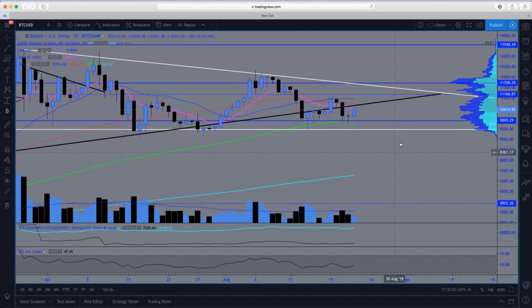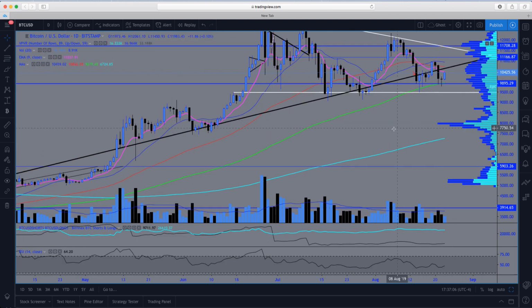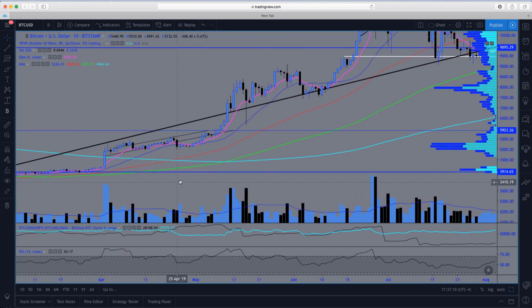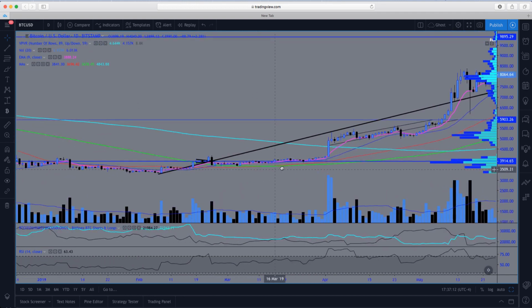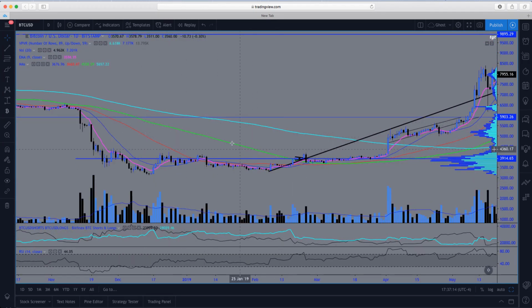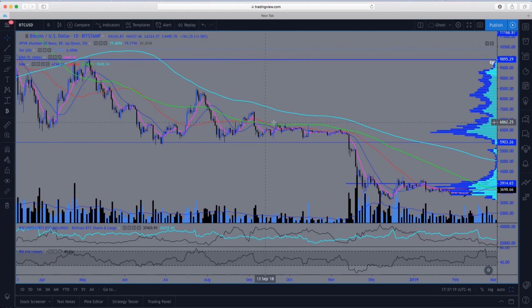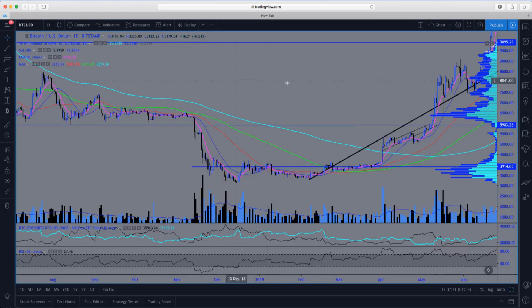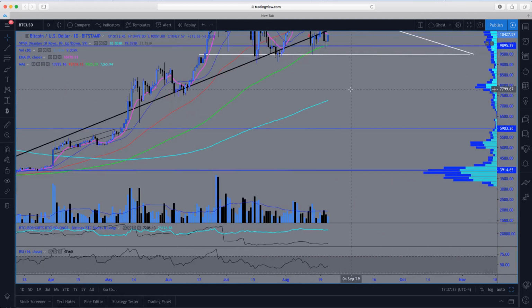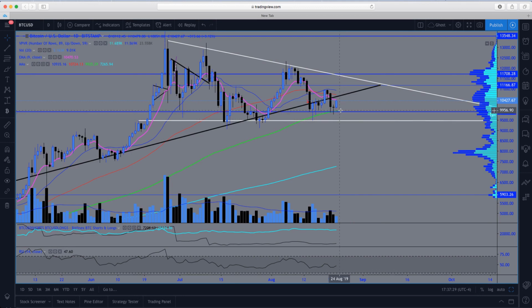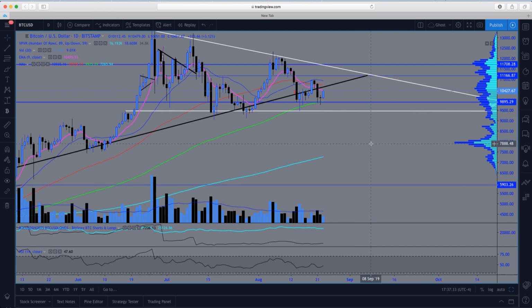So if we just go back even just a bit to view, we could see that during this whole run, we haven't even been near it. Going back to the bear market, underneath it, and going back even more, we could see it's always played a significant role. So going back to this moving average, we could see if we do fail, it's quite a drop down to this 200. Again, we have this volume profile here,